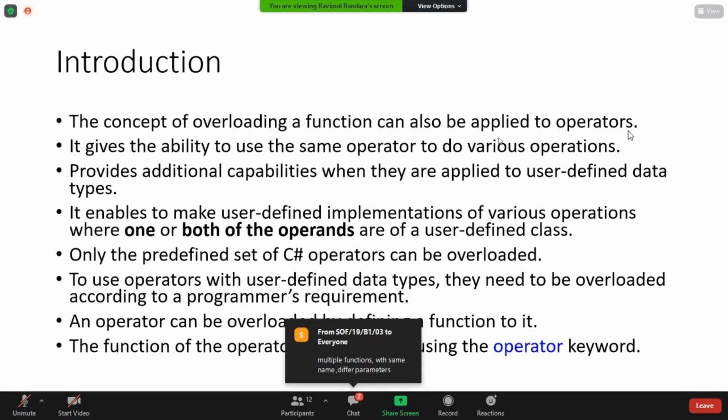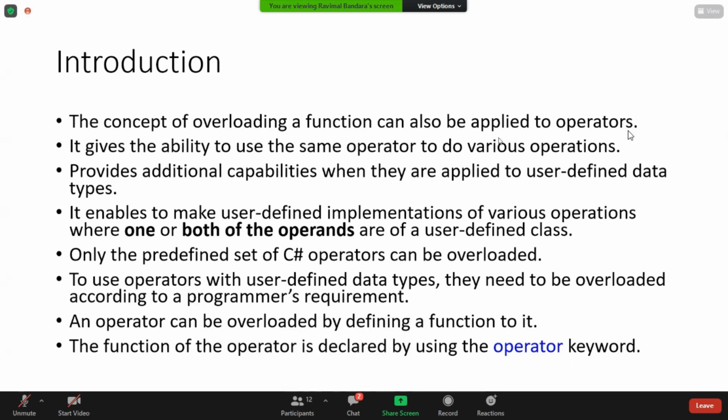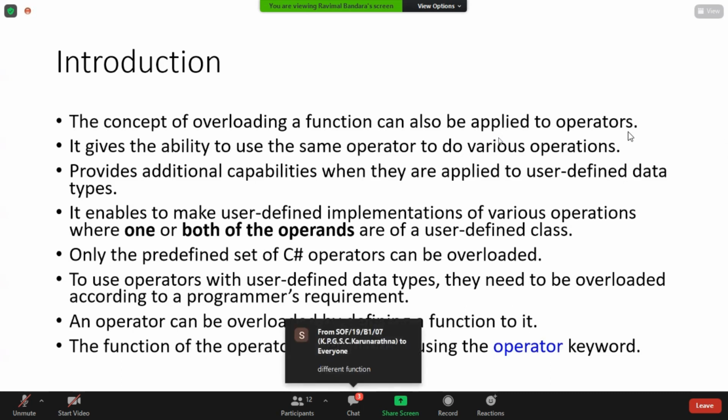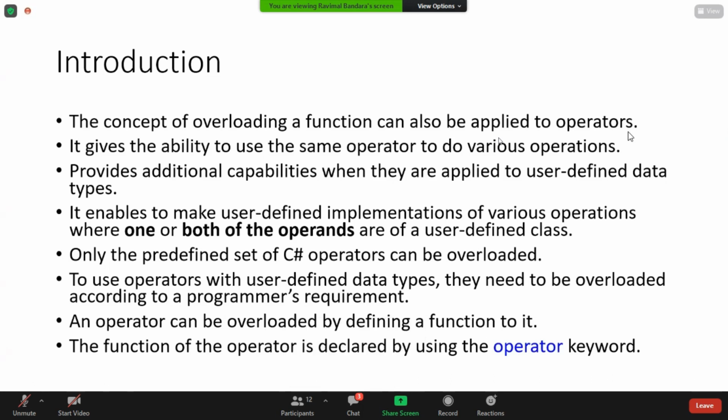Okay, I received 2 answers, 3 answers. An overloaded function is a set of different functions that happen to have the same name. Okay, having the same name, what's the difference then? Multiple functions with the same name, different parameters. That's the answer, right? You can define more than one function, more than one method with the same name, but with a different set of parameters, right? That's a complete answer. Other answers are just partially correct.